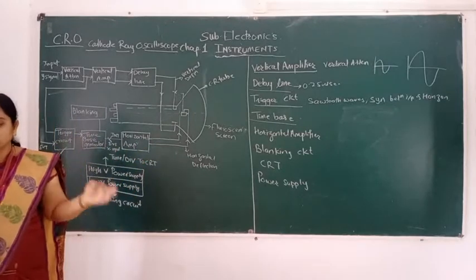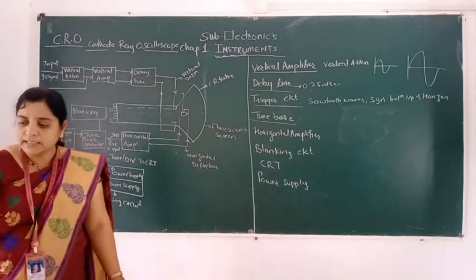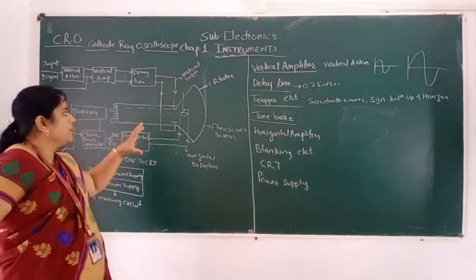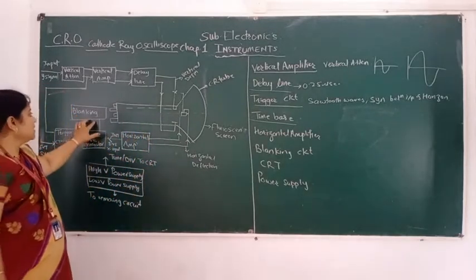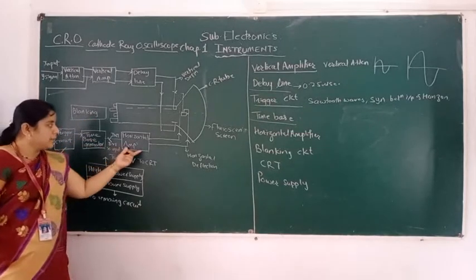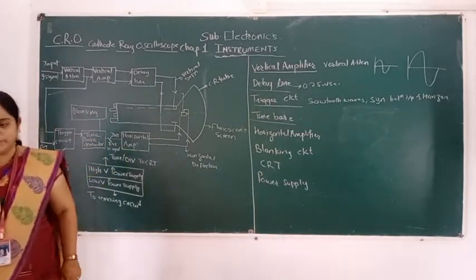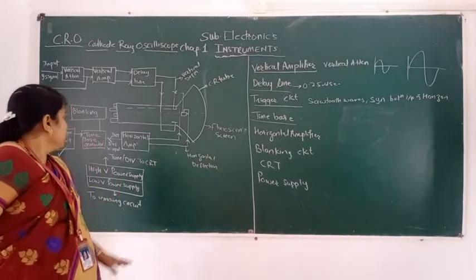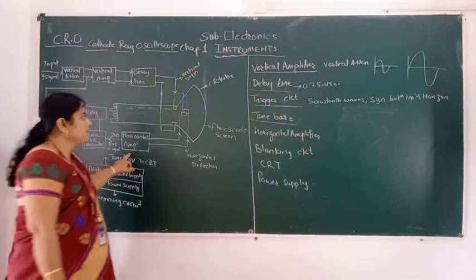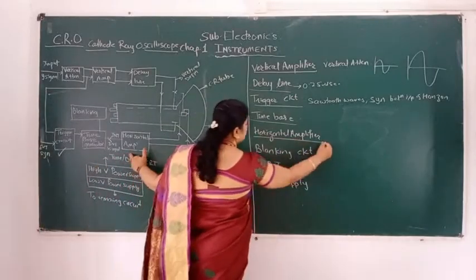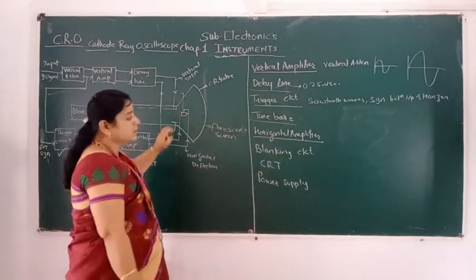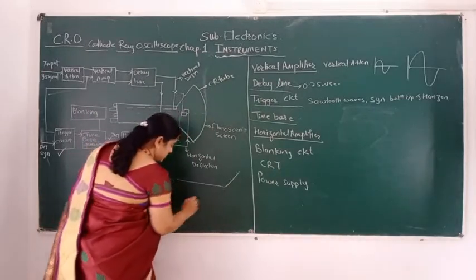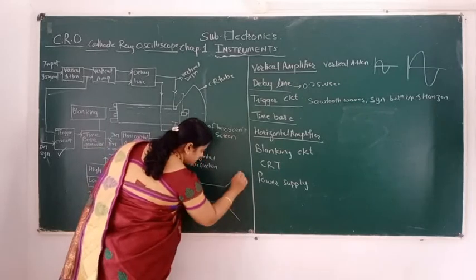So, what happened in the blanking of the signal? If the signal is not sufficiently amplified, then what happened? It gives to the blanking circuit, then it is applied to the horizontal amplifier. In the horizontal amplifier, what happened? See, we have seen what is in the horizontal amplifier and vertical signal. In the CRT, there are so many types of